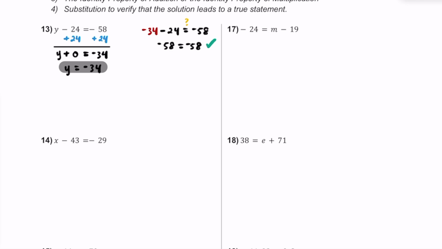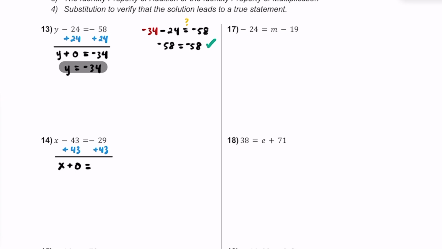If we want to get x alone, we want to move this minus 43. Let's go ahead and add 43, right? Opposites are really good in these particular types of problems. If you add 43 to both sides here, you're going to get 0 on the left side. We're going to get x plus 0, right? And on the right side of the equation, negative 29 plus 43, you can also think about that as just what? 43 minus 29. So if you take 43 and then you take away the 29, we're going to end